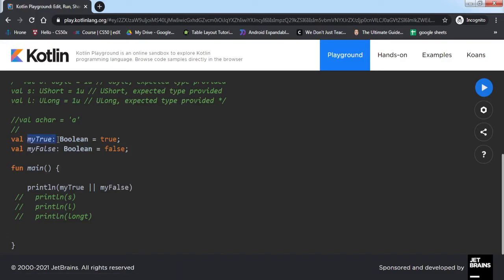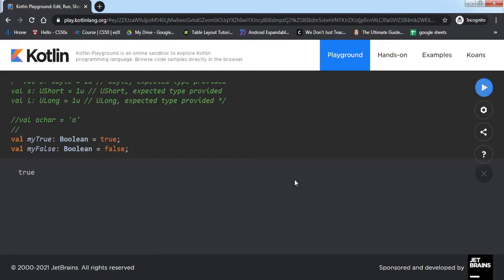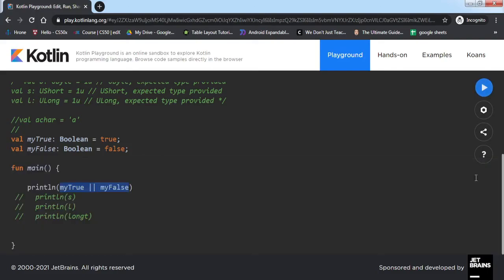Inside my true I have passed true and inside my false I have passed false, and inside println I have mentioned if this or this is true, then we have to print true. If we just run this, you can see true has been printed because my true is true and my false is false, and inside our condition if either of them is true, then true will be printed.